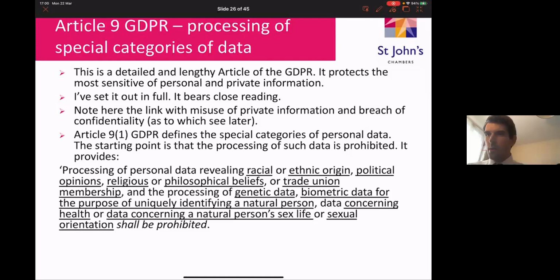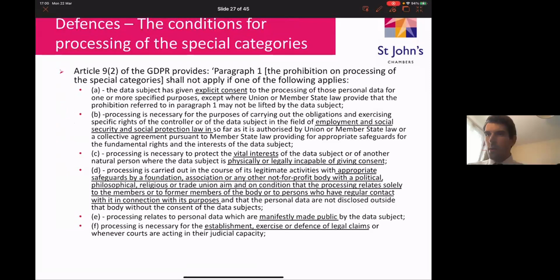And Article 9.1 says that the processing of that data shall be prohibited. So it is in mandatory terms. You can't process that data unless, by Article 9.2, you as a controller can show that the processing was done in accordance with one of the following